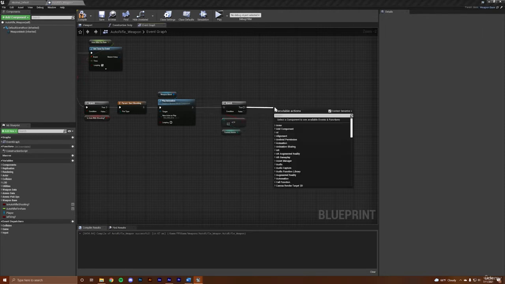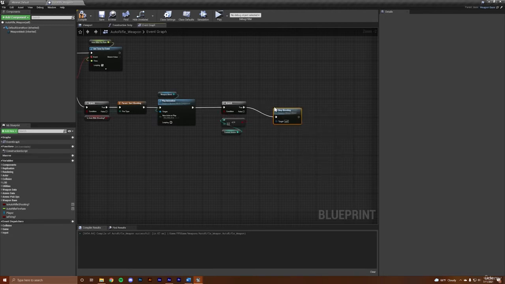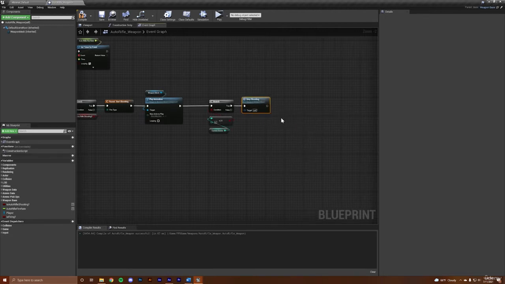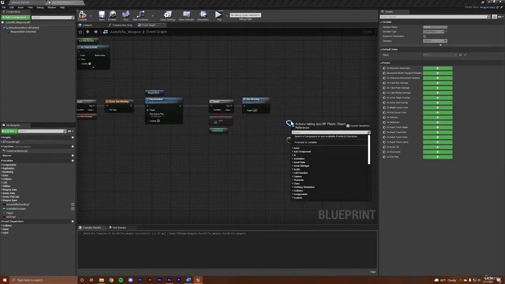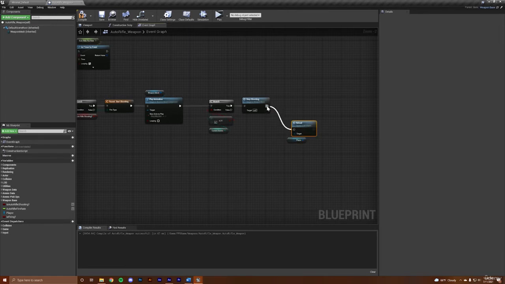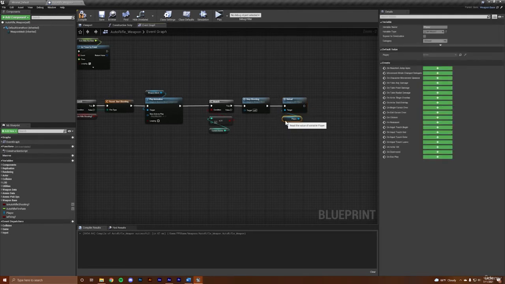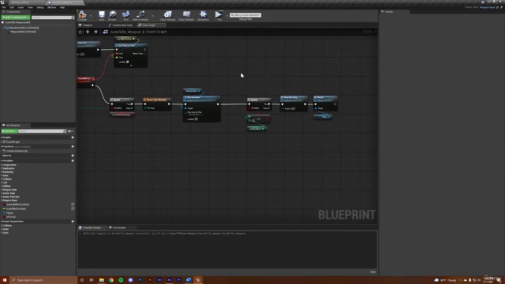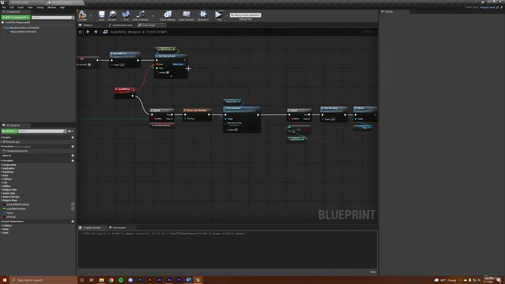It still sometimes gets stuck, so this is just an extra way to say we're going to stop shooting, and then we're going to grab our player reference that comes from our parent and say reload, just to make sure it does that, which it has been doing, but sometimes you can get an extra step because sometimes you can get caught up in this